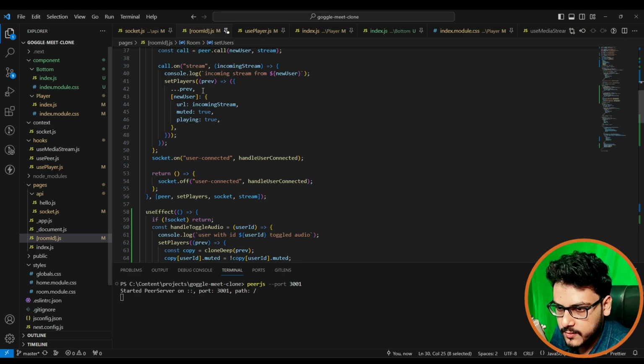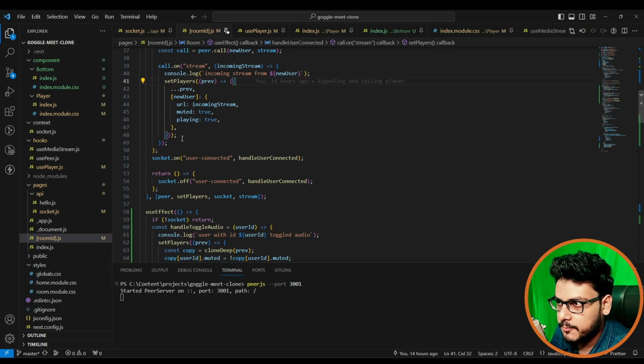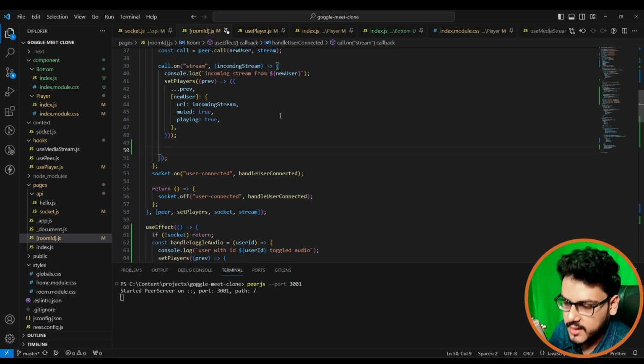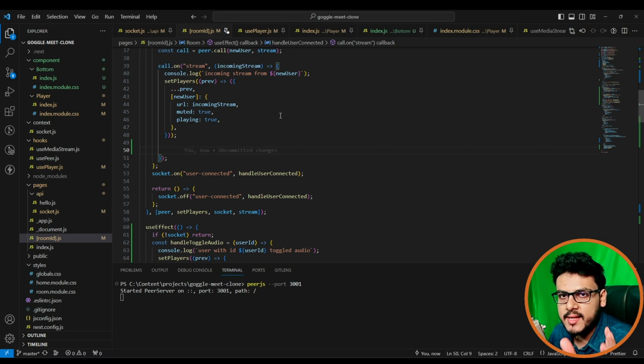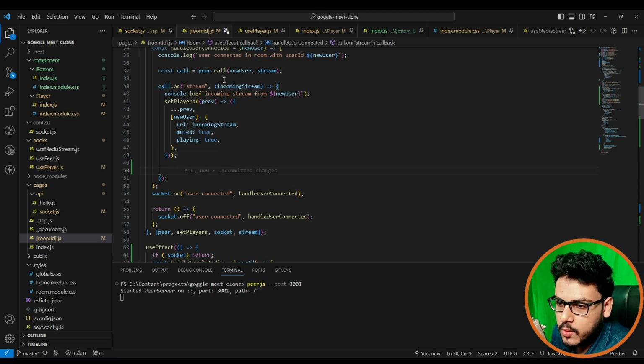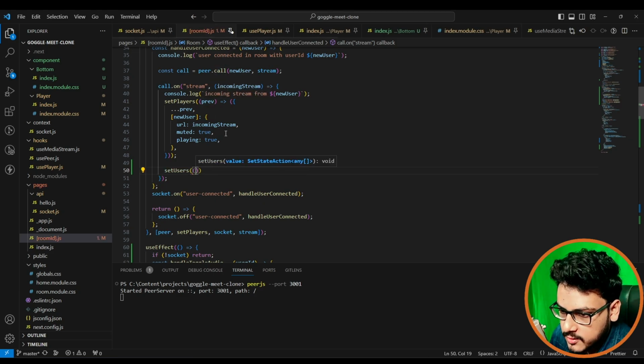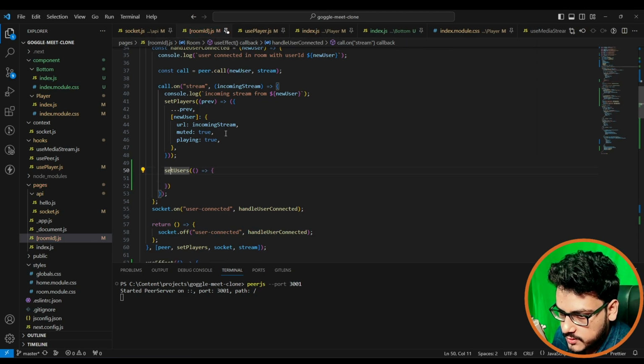we have set the players, now we have to set the user. Whenever I establish a call with someone, I'll store the user id, and the value would be the call object. This call object in future will help us to close the connections between the two peers. I'll tell you how. So whenever I call someone and they send their stream back to me, I'll say setUsers